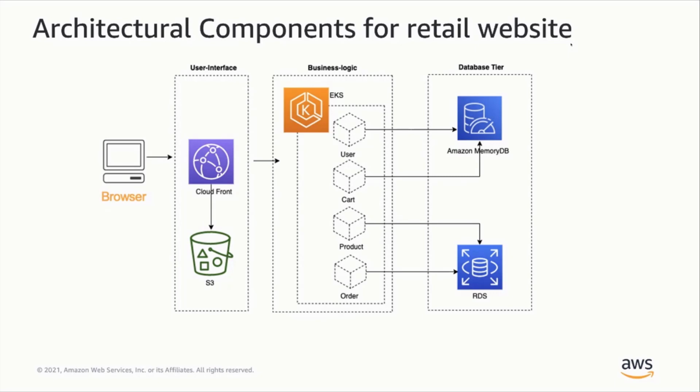And the microservices for presentation, business logic, and operational will be containerized and orchestrated through Amazon Elastic Kubernetes Service. The containerized user and cart microservices will be using purpose-built databases, with Amazon MemoryDB for the data persistency layer. And the product and order microservices will use the RDS PostgreSQL engine for the data persistency layer. We'll discuss in detail in the next slides why we picked each purpose-built database service and Amazon EKS